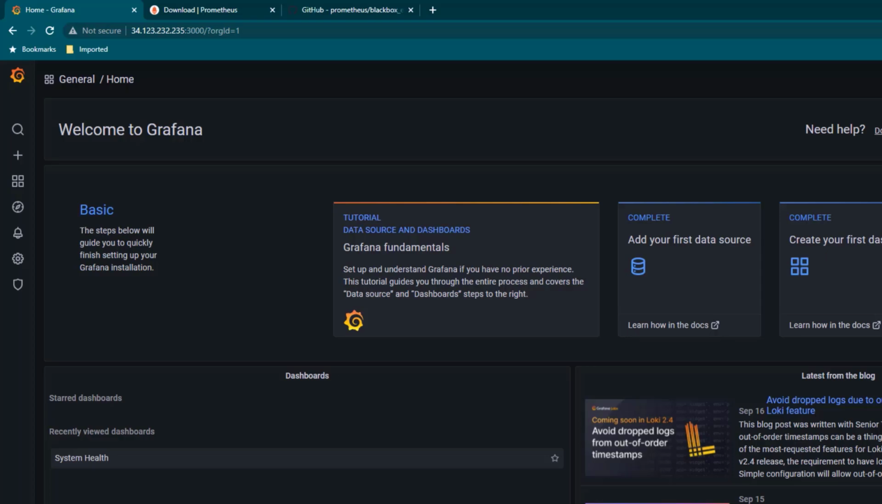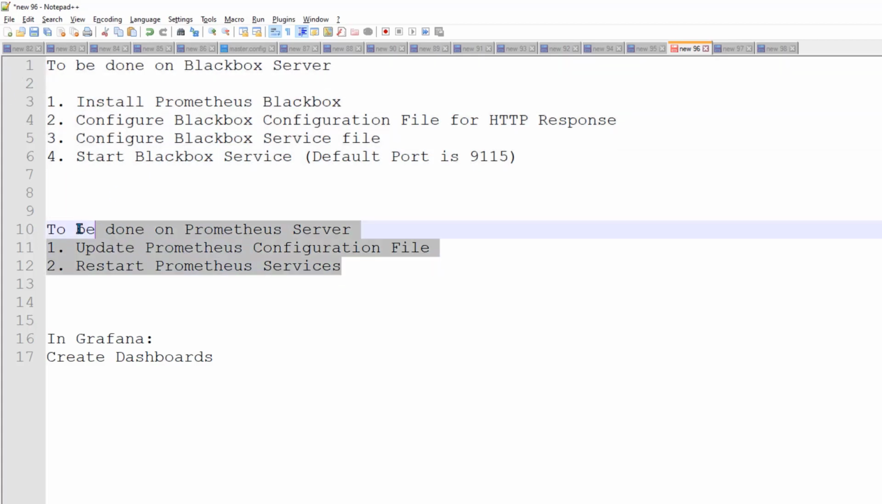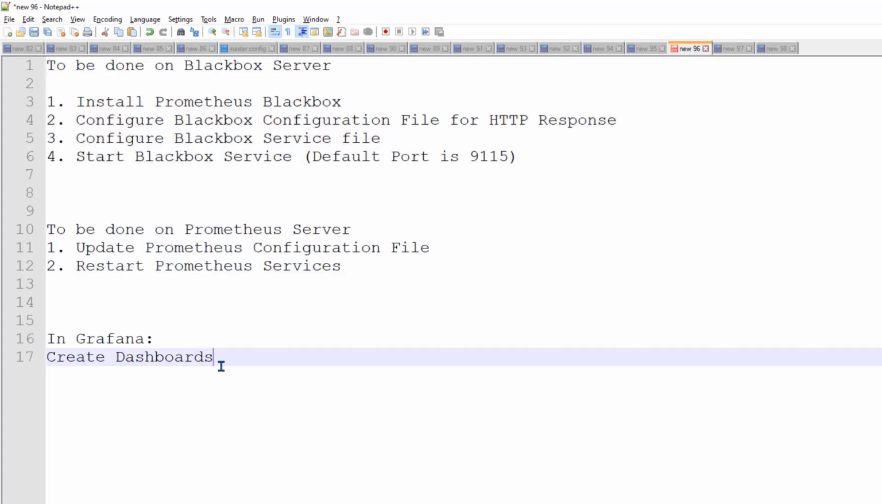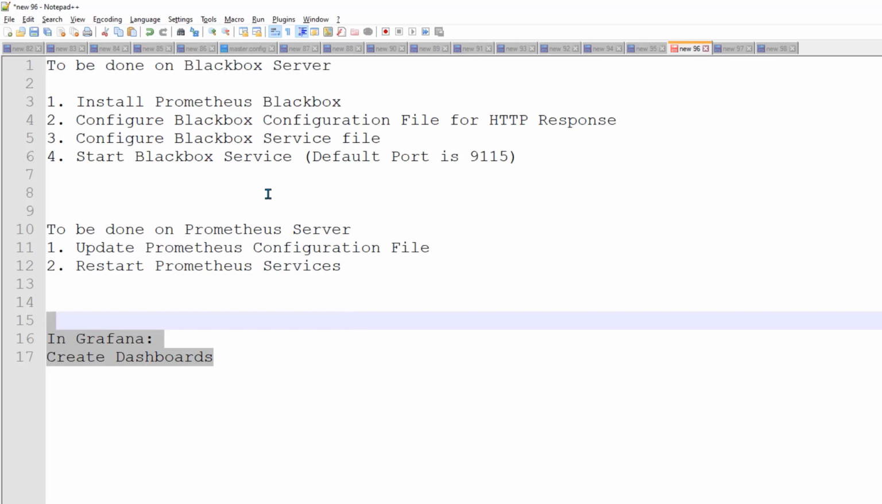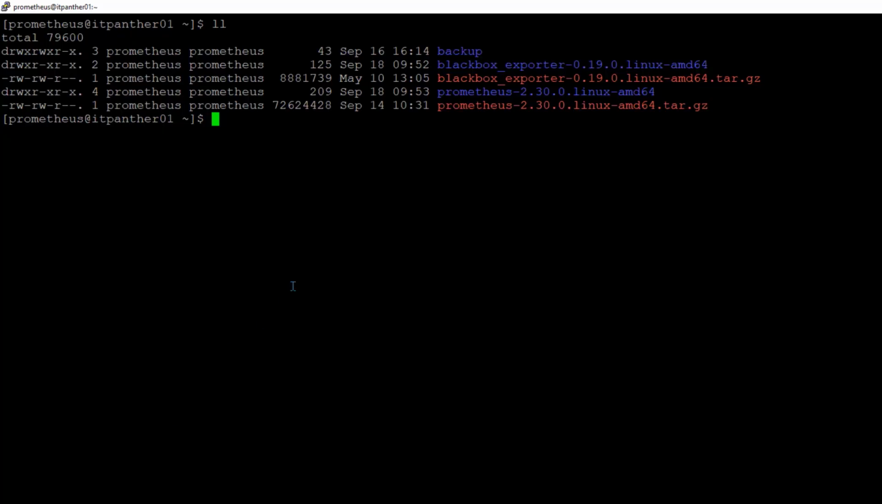So let's try to break down everything into 3 parts. First part, we are going to configure Blackbox, then in second part we are going to configure Prometheus, and in third part we are going to create the Grafana dashboard. You may install Blackbox on the same server where Prometheus is running, or on a different server. In my case, I'm going to install Blackbox on this server, which is the same server on which